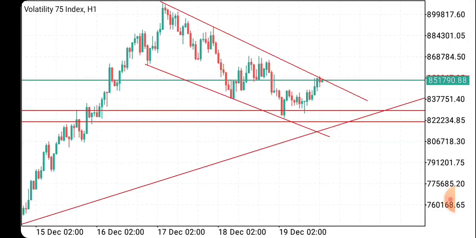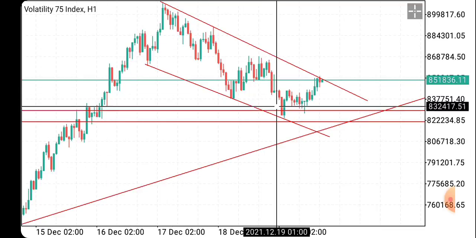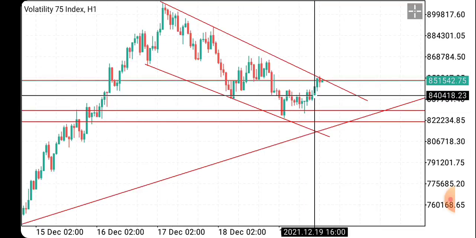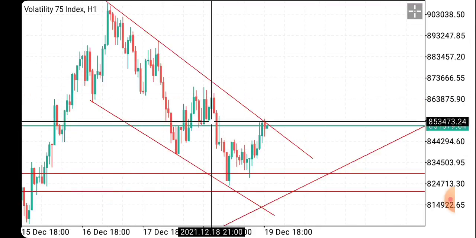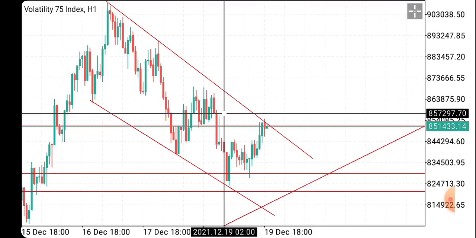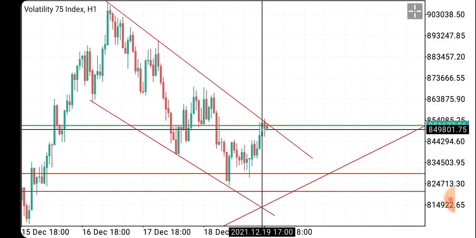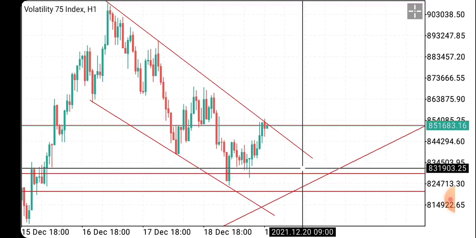It has the shape of a flag. You see that the flag pattern is forming, which is our corrective move. Our market is correcting by forming a flag pattern, and we know clearly that a flag pattern is a bullish continuation pattern in this situation. So it means that potentially price is going to break out from this flag, and when it breaks, it's going to give us a good entry opportunity.